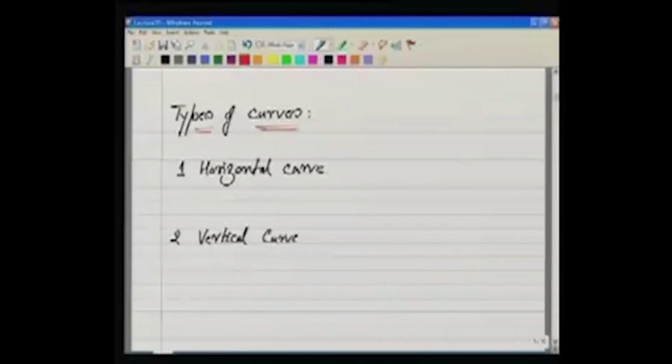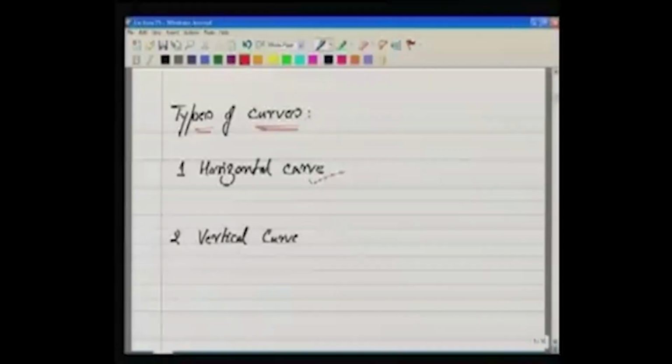Well, the very first type is the horizontal curve. Horizontal curve means the change in direction is in the horizontal plane. The other possibility is the vertical curve. In the case of horizontal, these two lines are horizontal, and this is how we need to introduce a curve in the horizontal plane. Now in the case of the vertical curve, we have a road segment here, another road segment,